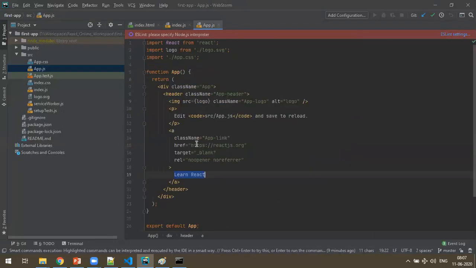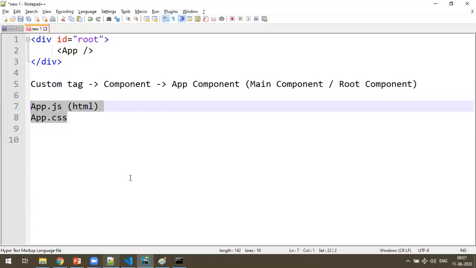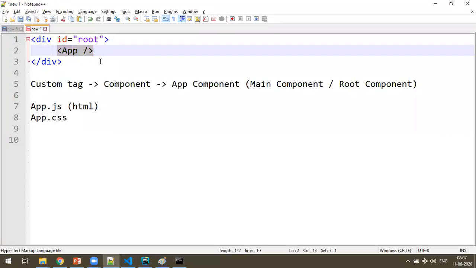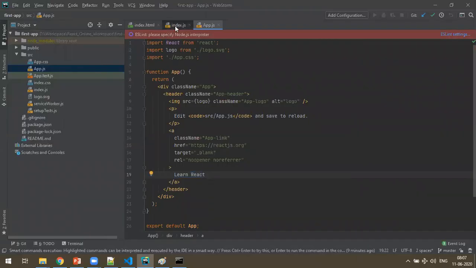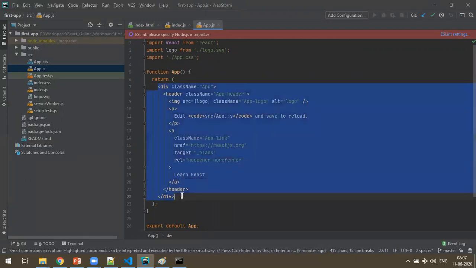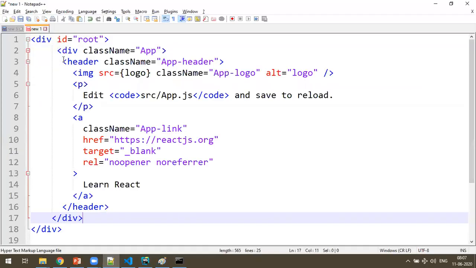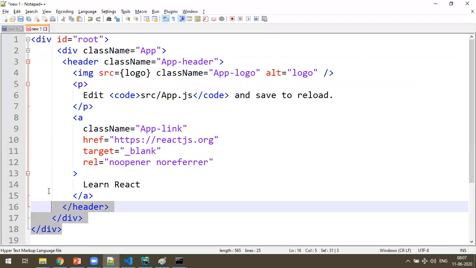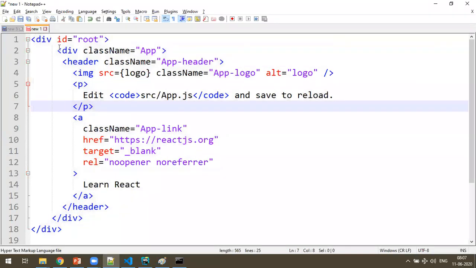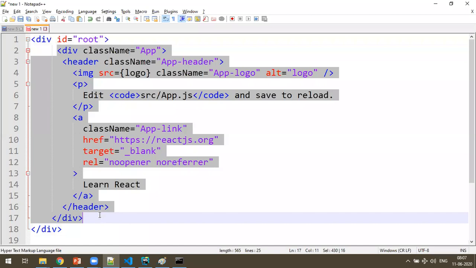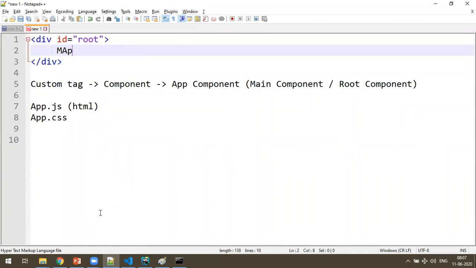Okay, so what is the app tag here? It means in between this app. So what is this app thing? App thing is this division. So copy that division. If I replace it, yes, this must be the source code, but this whole thing they have taken as an app tag.